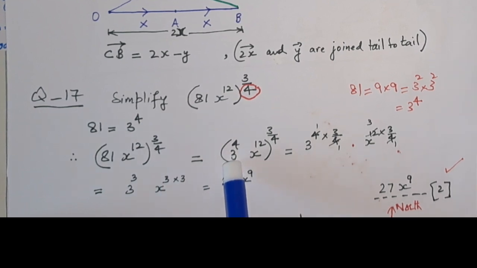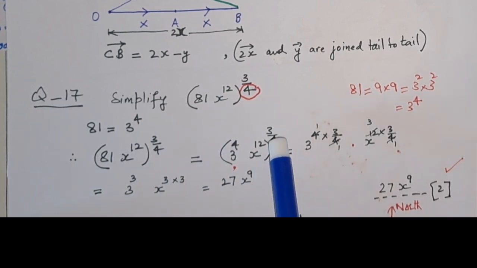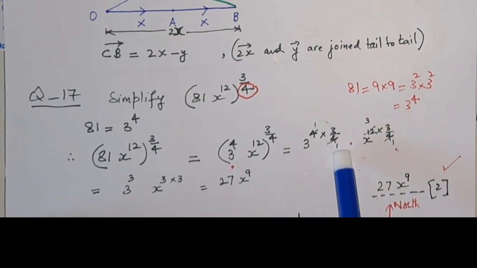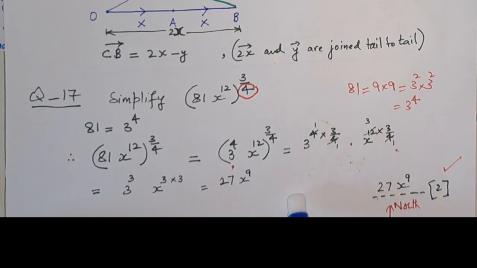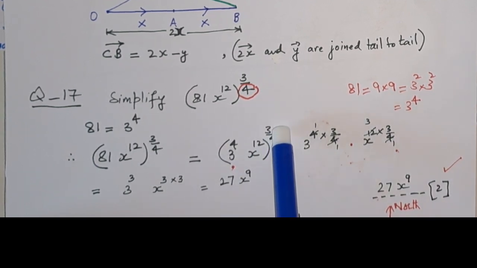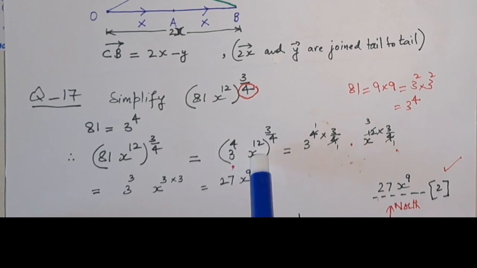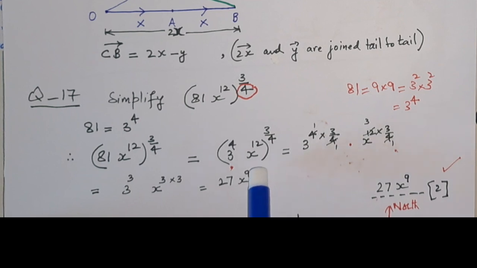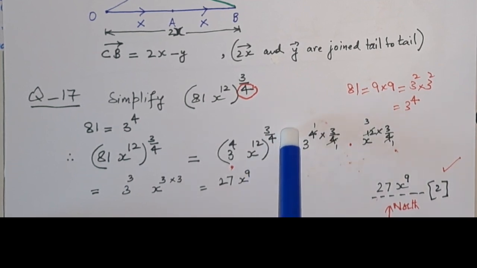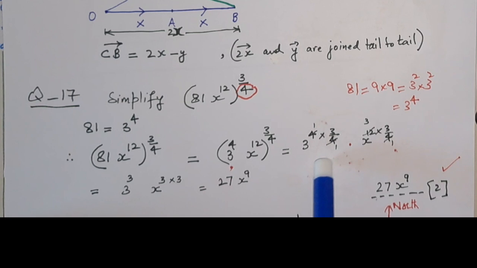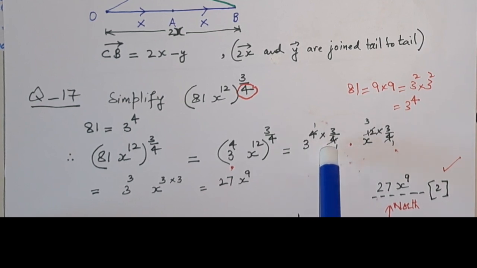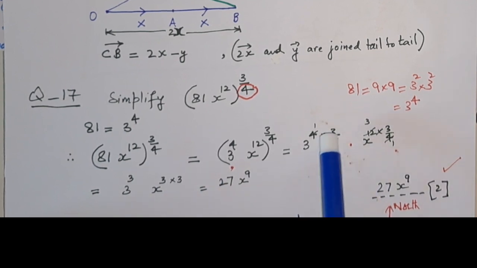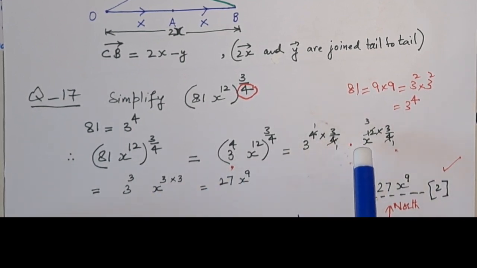3 power 4 into x power 12 raised to the power 3/4 is equal to 3 power 4 into 3/4, because the rule of indices says if there is a bracket, the power will multiply to all variables inside the bracket. So this power is applicable to 3 power 4, we have written it, and also applicable to x power 12, we have written it, then done a little cancellation, 4 1s are 4, 4 3s are 12, we are left with 3 power 3, and we are left with x power 3